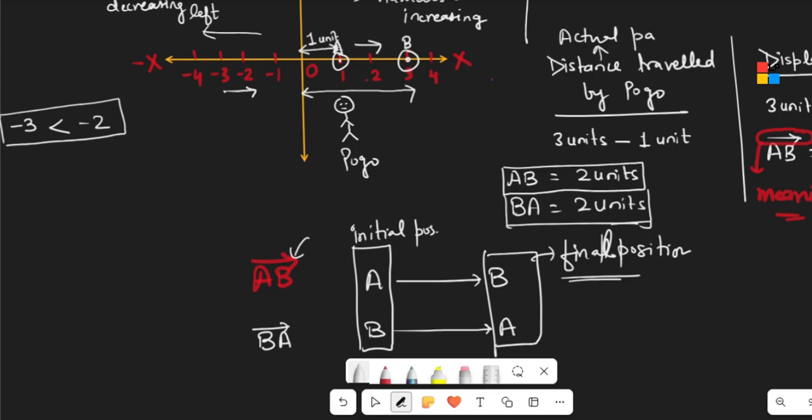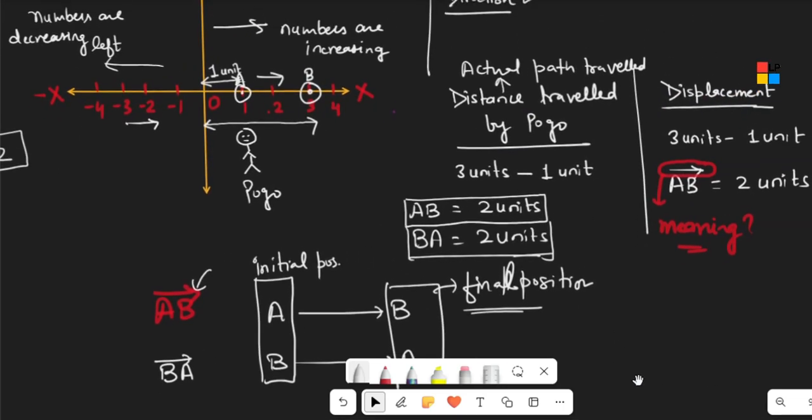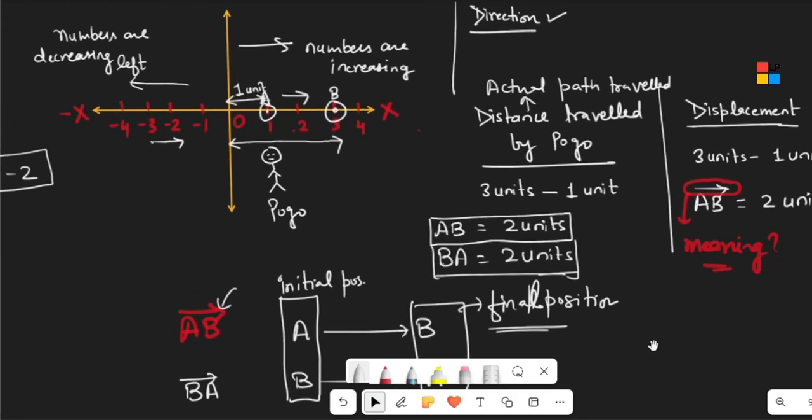So that is all about the distance. There is no direction given, and neither we are considering here. The distance is a scalar quantity, so direction is not important there. So I hope यहाँ पे आपको displacement के बारे में